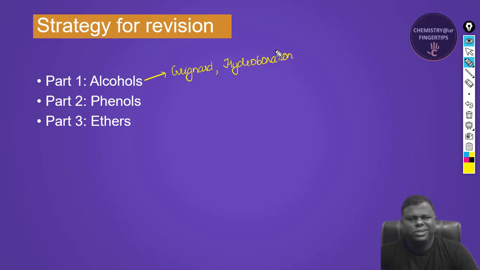Now let's come to phenols. There is one method of preparation using benzene sulfonic acid. Try to do it, because that's one of the questions that keep on appearing in your board exam. And then you have reactions of phenol: bromination, and 2,4,6-trinitrophenol, that is picric acid preparation. I think you should do it as well, right? And I think reactions of phenol are pretty simple to understand, so I don't think there'll be any problem.